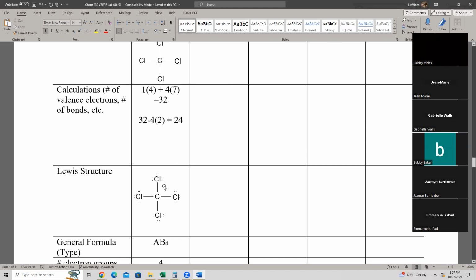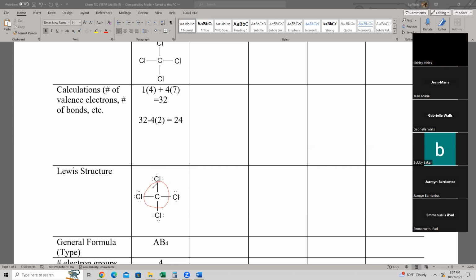Once you do the subtraction, then you see how many you have left, and then you create the actual Lewis structure, which there are 24. So the main thing that we want to make sure is that we have enough, and also remember the octet